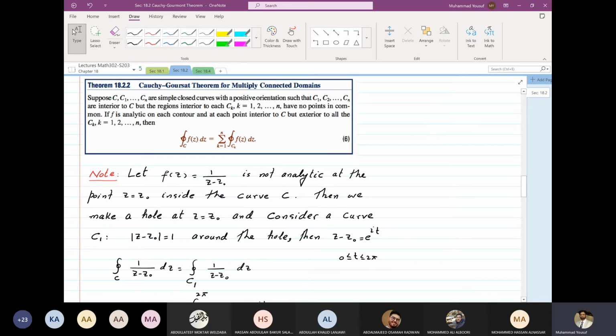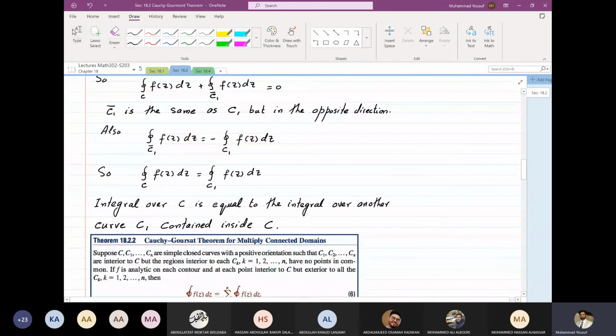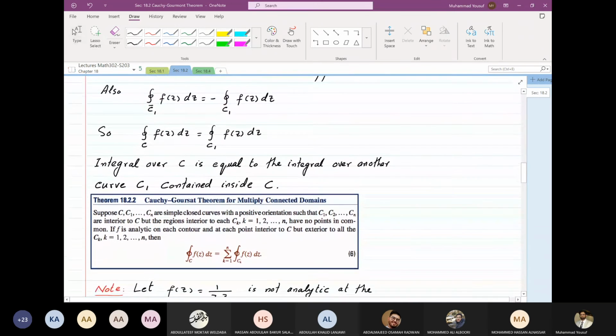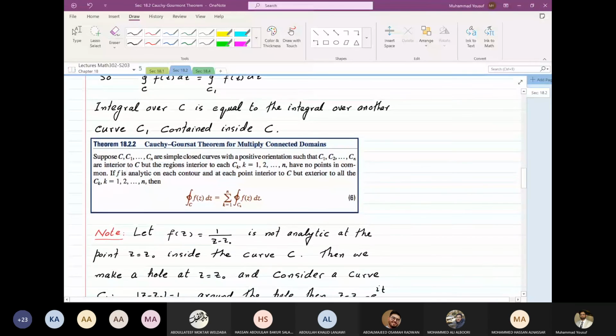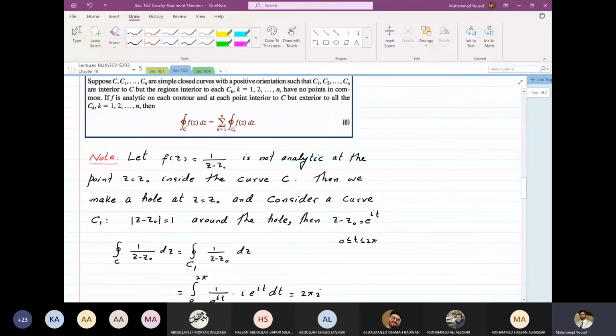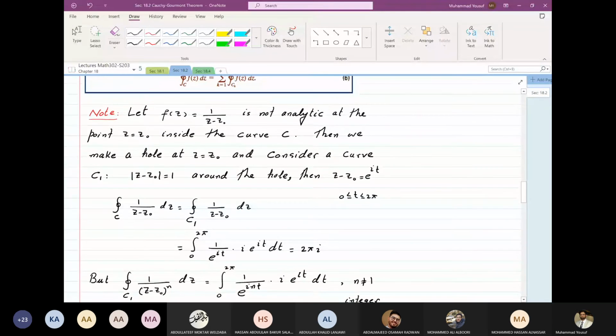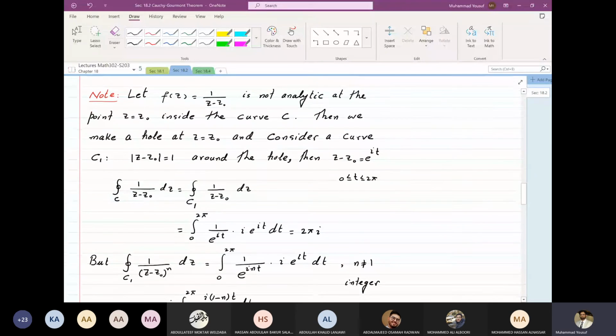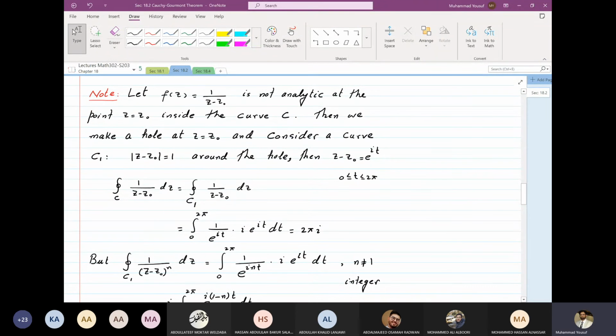N can be 1, 2, 3, 4, and so on. So this is a generalization of the previous concept we learned here. And they should not cross themselves. They should not have any common point. Okay. Before we go to the next question or example, now look here. This is an important concept. We will be using this in many questions later.